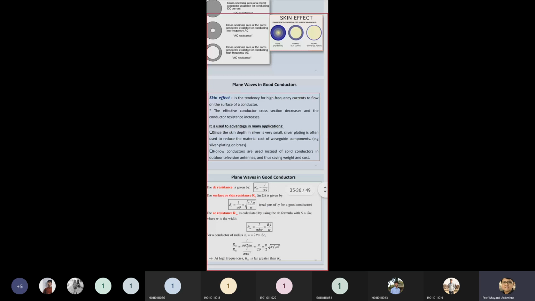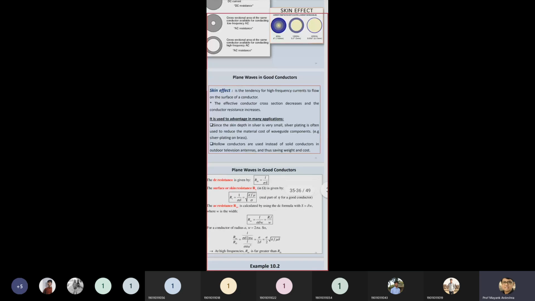So what is the skin effect? It's a tendency for the high frequency current to flow on the surface of your conductor. So when you increase the frequency, your current tries to just touch your conductor, but does not penetrate it. This effect is considered the skin effect. And it is directly related to the cross section area of your conductor. For that, you should know the generalized equation of R.